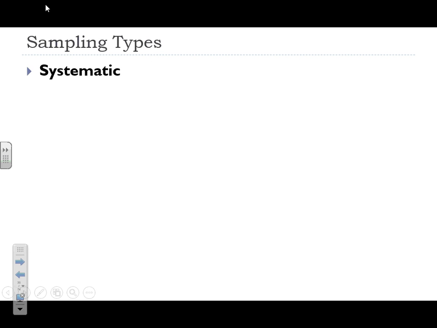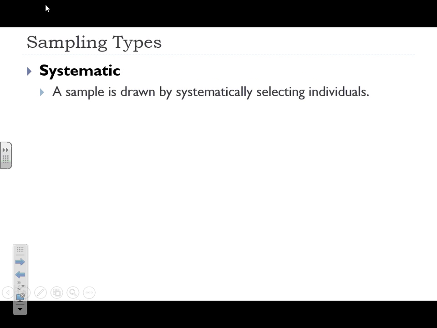Okay. Next type of sampling that you can use is called systematic. Systematic is pretty straightforward. So you take a sample and you draw that sample systematically from a list. Now, what do I mean when I say systematically? So I defined a word with the word, right? So systematic sampling. What we mean by that